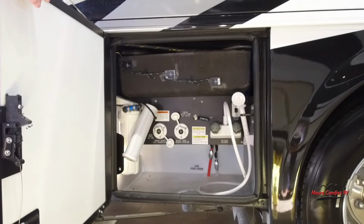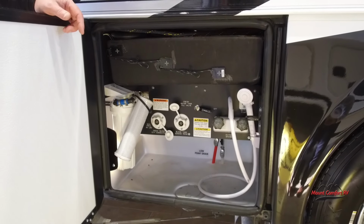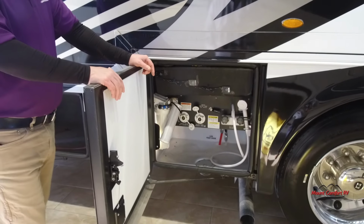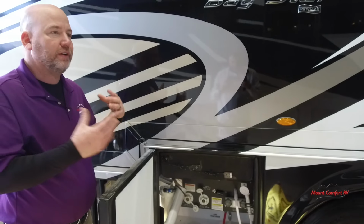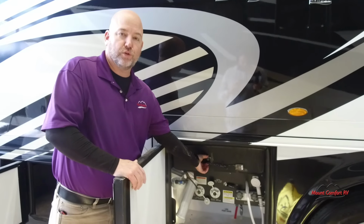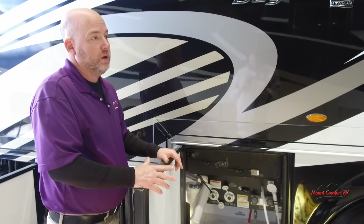Historically, probes in tanks aren't very accurate, and the reason they're not very accurate is they get gunk on them. Particularly the black tank gets gunk on it. We'll call it gunk in the black tank, but we all know what it really is. When you have a probe inside the tank, it's unavoidable. You know, it's gonna get messed up. These tanks don't protrude the tank, which is beneficial in a couple ways. Number one, it's a much more accurate reading. Number two,